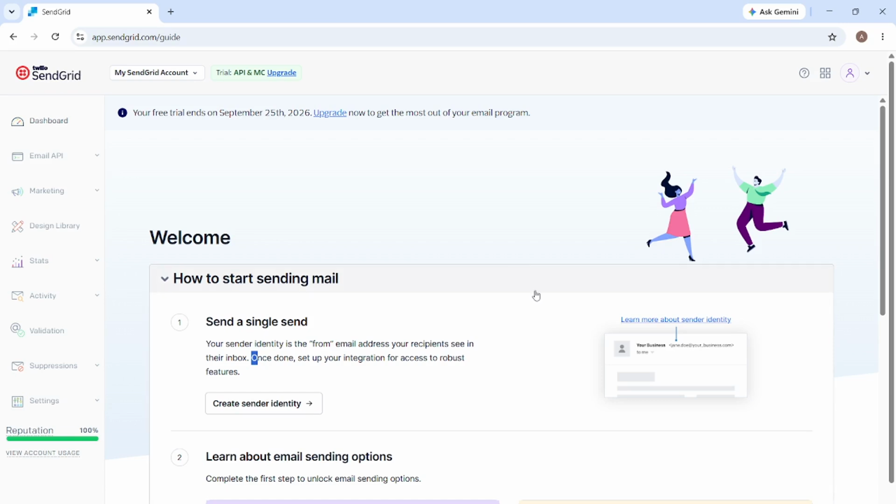In today's video, I'm going to teach you how to set event settings in Sendgrid. This setting area helps you control which email events you want Sendgrid to track and how you want those events delivered. If you are working with delivery reports, engagement signals, or other email-related event data, configuring these event settings is